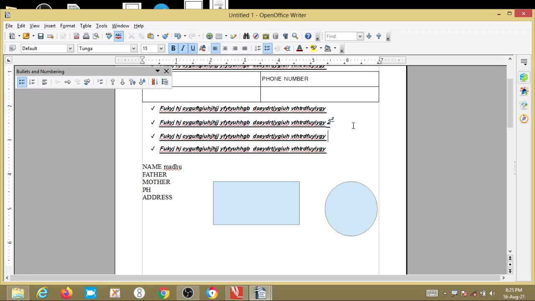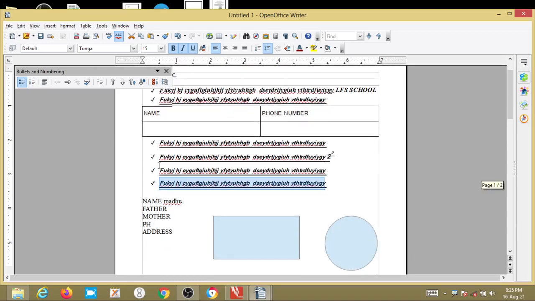Or if you place your cursor at the end of the line, hold the Shift key, then press the Home key on your keyboard, the entire line will get selected. Or if you triple click on any letter in that particular sentence, it will select the complete line.